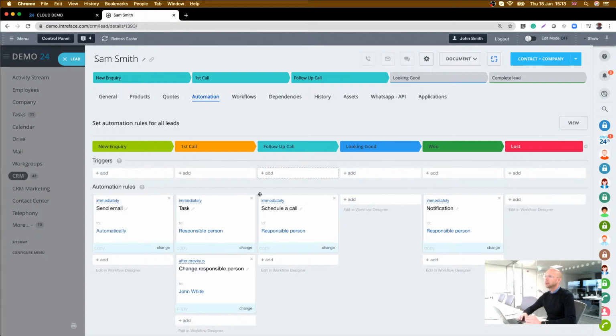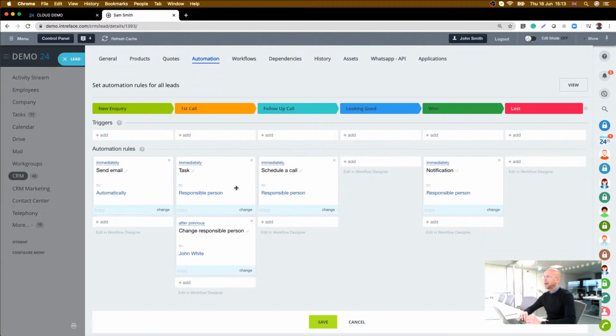Click on configure. So what we have here is when the lead is new, the first stage, we called it new inquiry in this case, we're sending out an email. We're doing some other things at different stages here, creating a task, changing responsible persons, scheduling a call. If you want to do a drip email campaign where you send an email